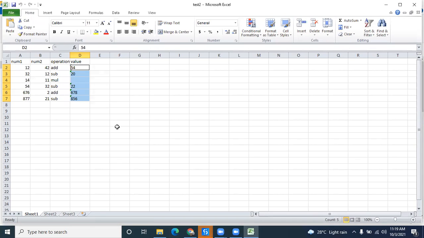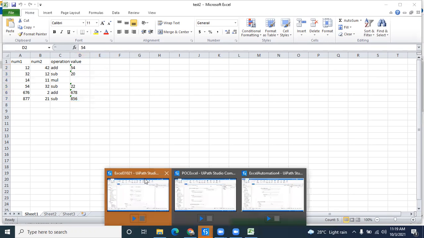Okay. And if the operation tab is empty, meaning there is nothing in the operation tab, then what will it do? We have to create a default case for that. By default case we can add.